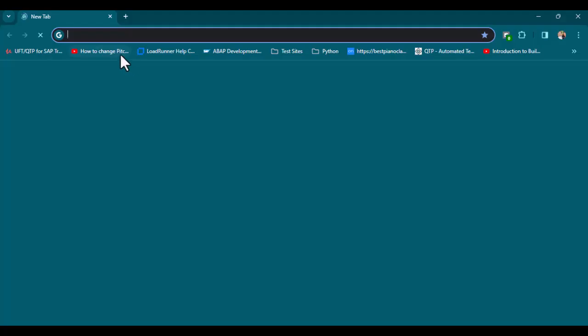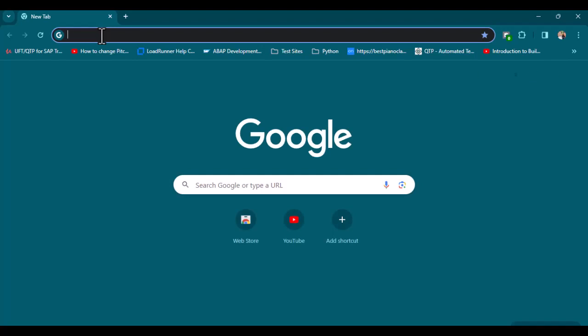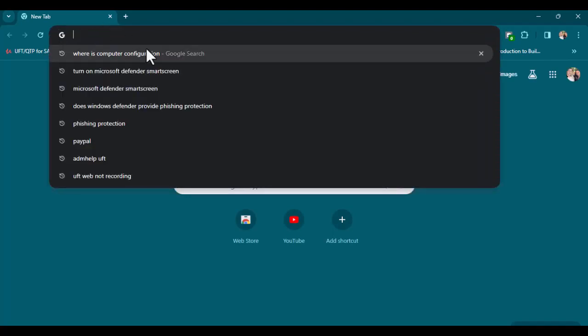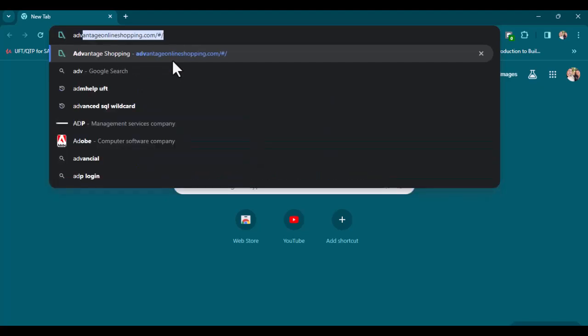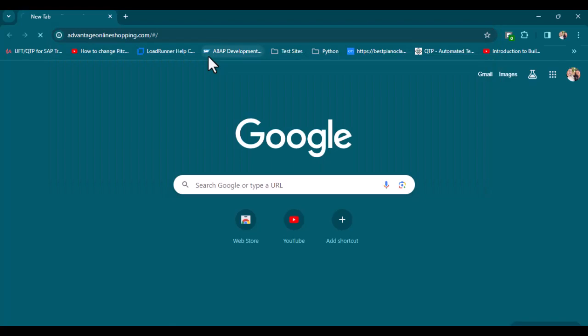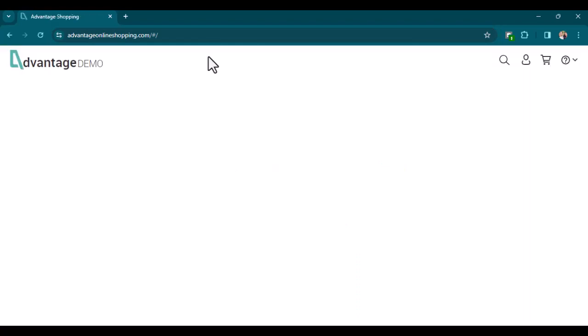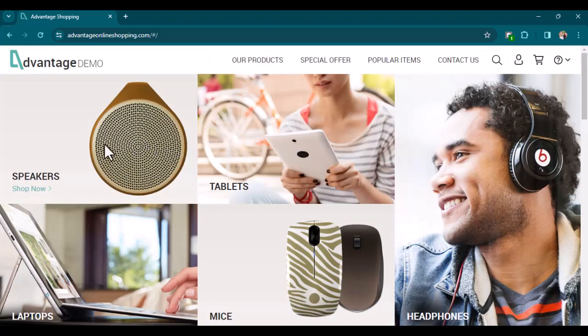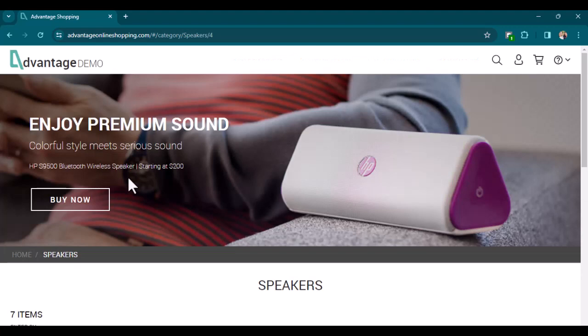Bring it up. And since I've accessed that particular website, I can just type in ADV, and I think that will show that URL. Click on it, and now I'm there, and I'm going to take this over to the next window,